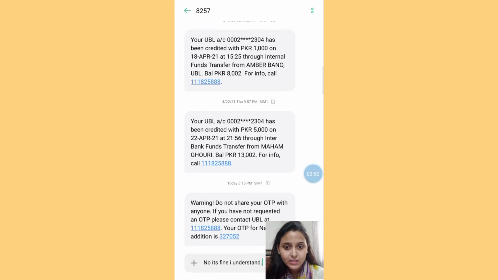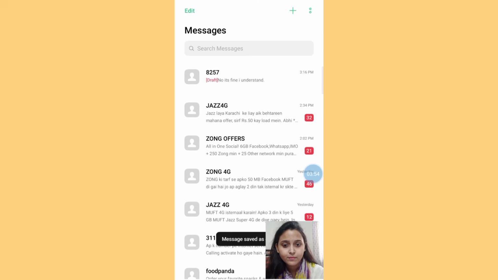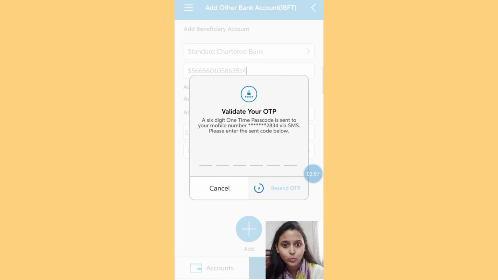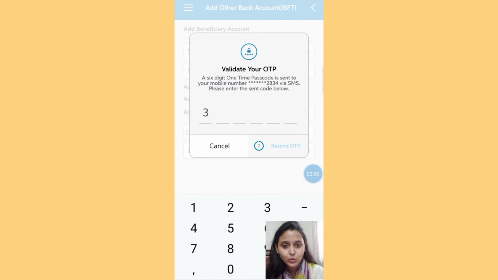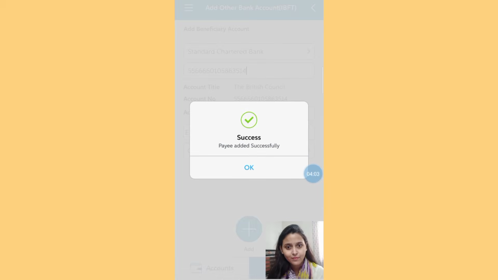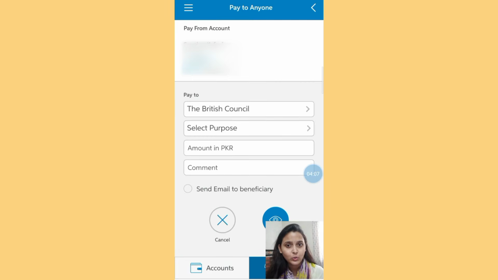My OTP is 327052. Yes, it is successfully entered, and click OK, and you can see the interface in which all the information is